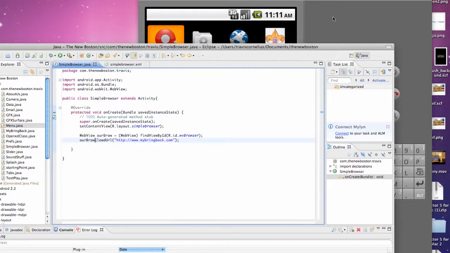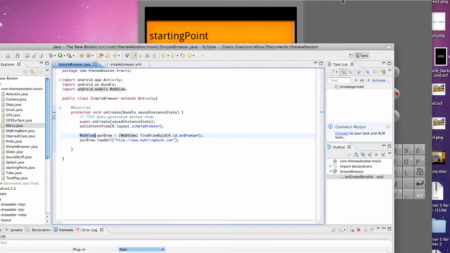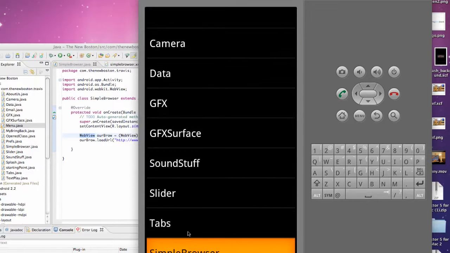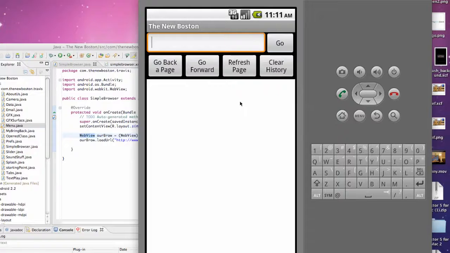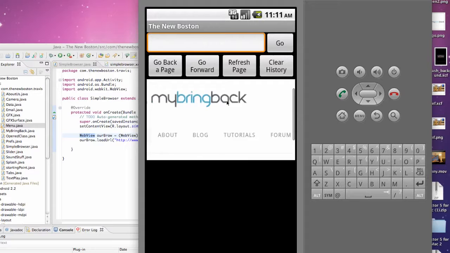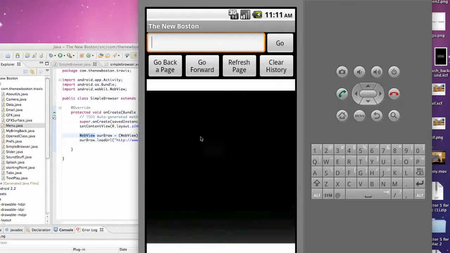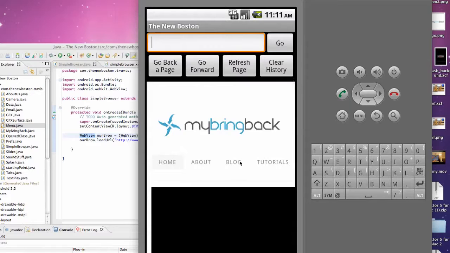Alright. In the next tutorial we'll learn a few more methods we can use for this WebView type object. But let's just make sure we check out our simple browser. We click on it. As of now, nothing is there, and then we're hopefully going to get this to load. Yeah, it's loading my website right here, and obviously you can still pan around, get everything going there, and it's fully